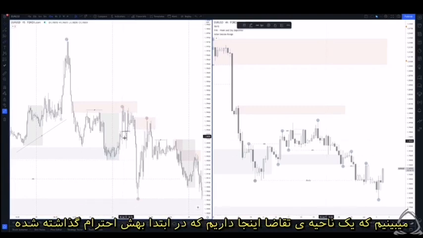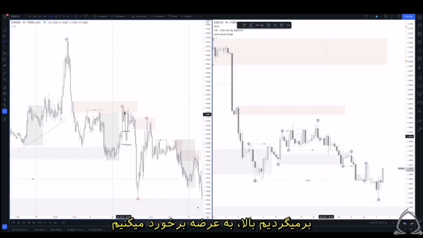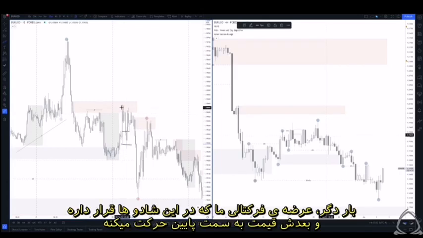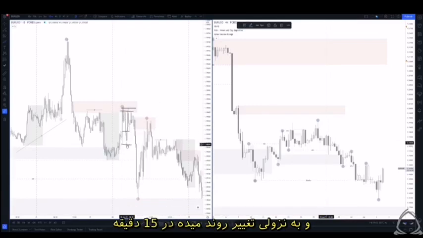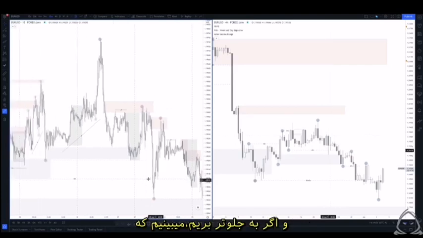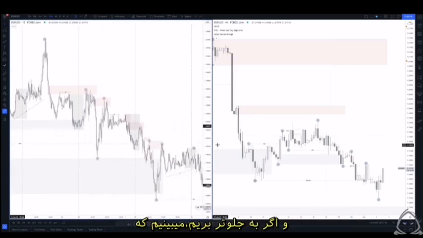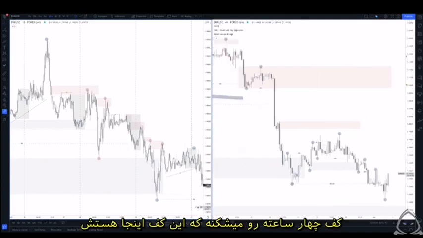We can see that we do have a demand zone right here that is initially respected. We come back in, tap into supply once more, or fractal supply that's resting within these wicks. And what ends up happening, price then moves to the downside and starts to switch to a bearish trend on the 15-minute. What ends up happening as we continue moving further on is that price then breaks the 4-hour low,